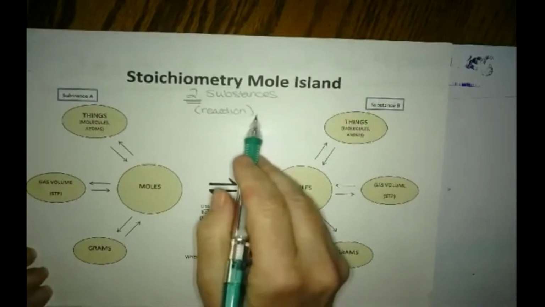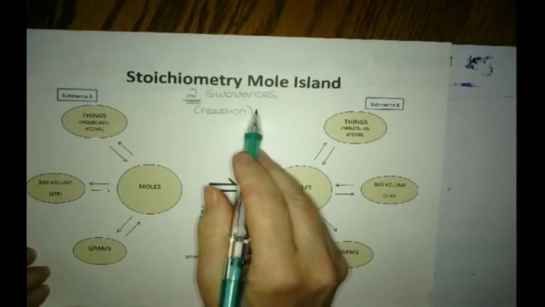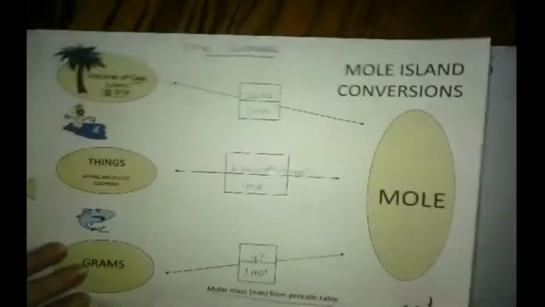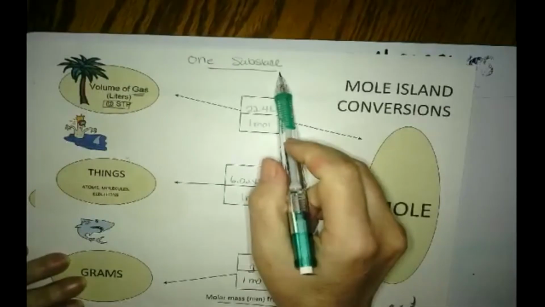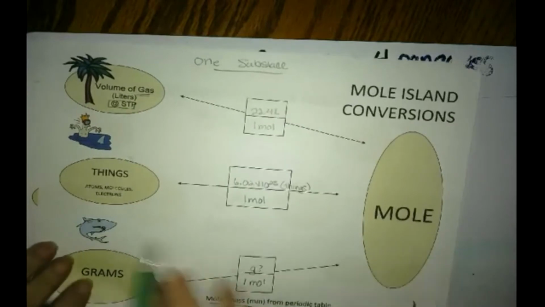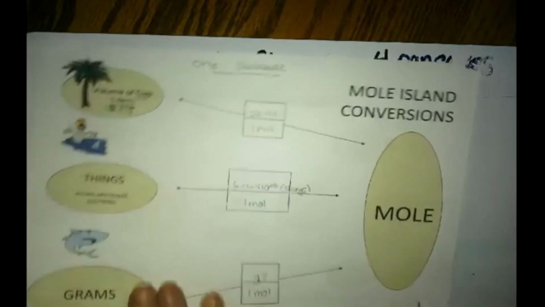So make sure you understand that this is used between two different substances. This conversion is just converting one substance. So if I have so many grams of oxygen, how many moles of oxygen would it be? Okay, so